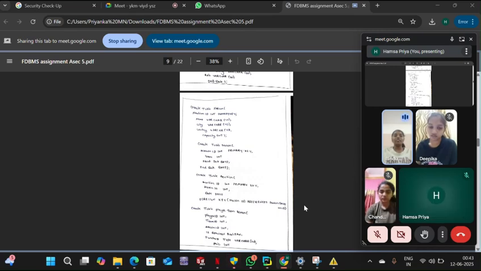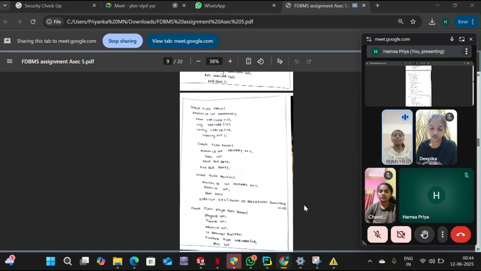In the auction table, the primary keys are player ID and season. The foreign key player ID references the player ID in the players table. The foreign key team ID references the team table's team ID, and the foreign key season ID references the season table's ID. Then we created a match table where we took the match ID as a primary key, seasons,